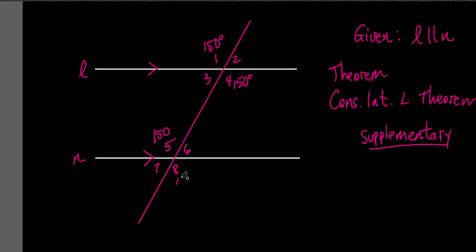What's angle 8? That's 150. Okay? Now, what's angle 2? 30. Where'd you get 30 from? The whole line, 180. Because it adds up to 180. That's right. Okay? They add up to 180. So how many degrees is angle 2? So that would be 30 degrees. What's angle 3? 30 degrees. Angle 6? 30 degrees. Angle 7? 30 degrees. Now, what do you think supplementary